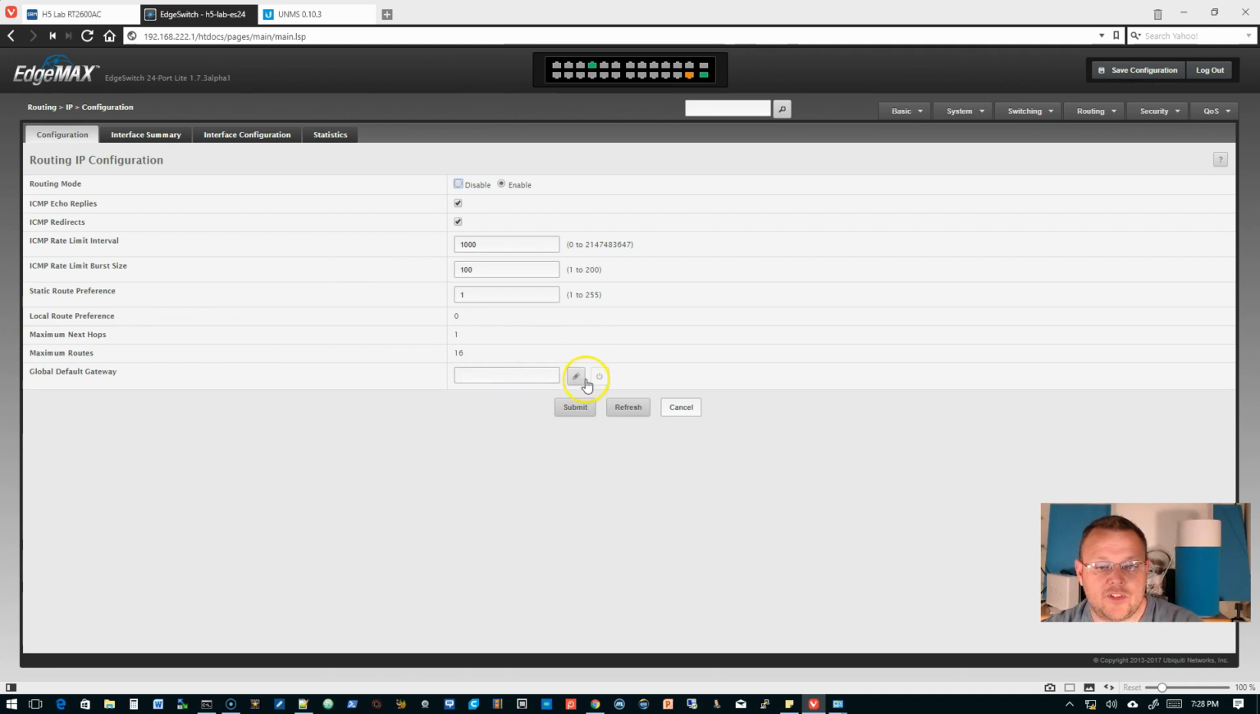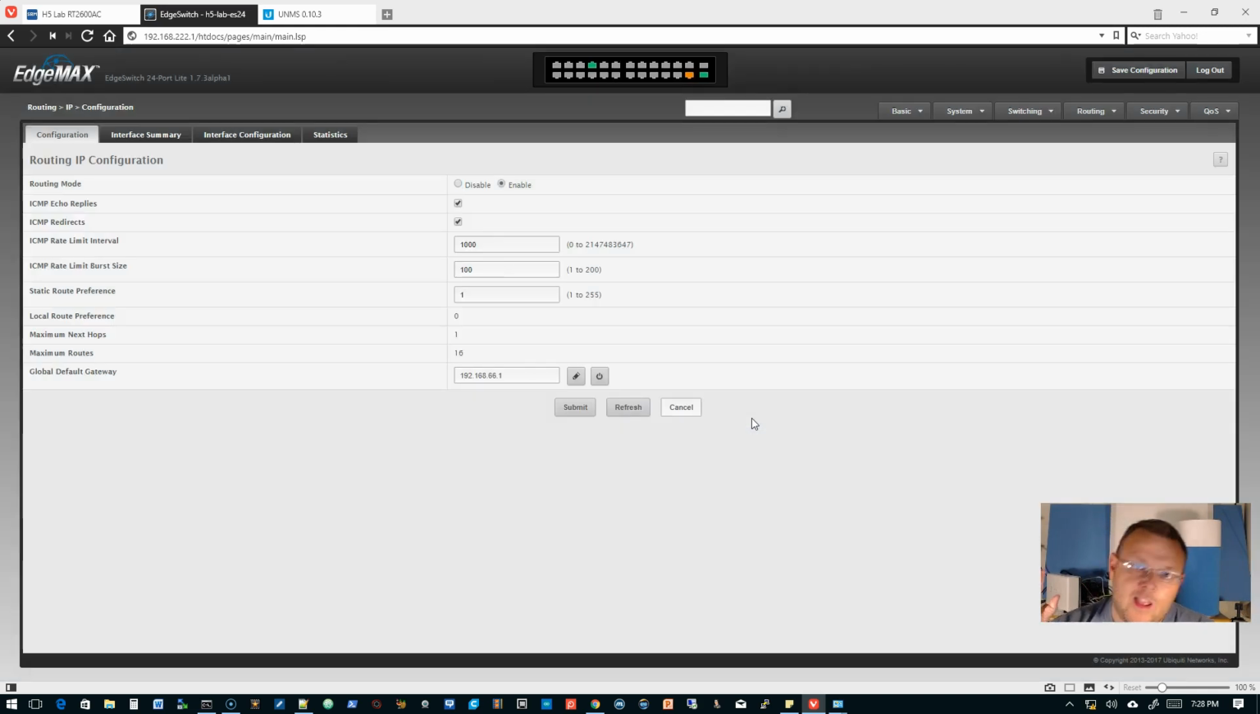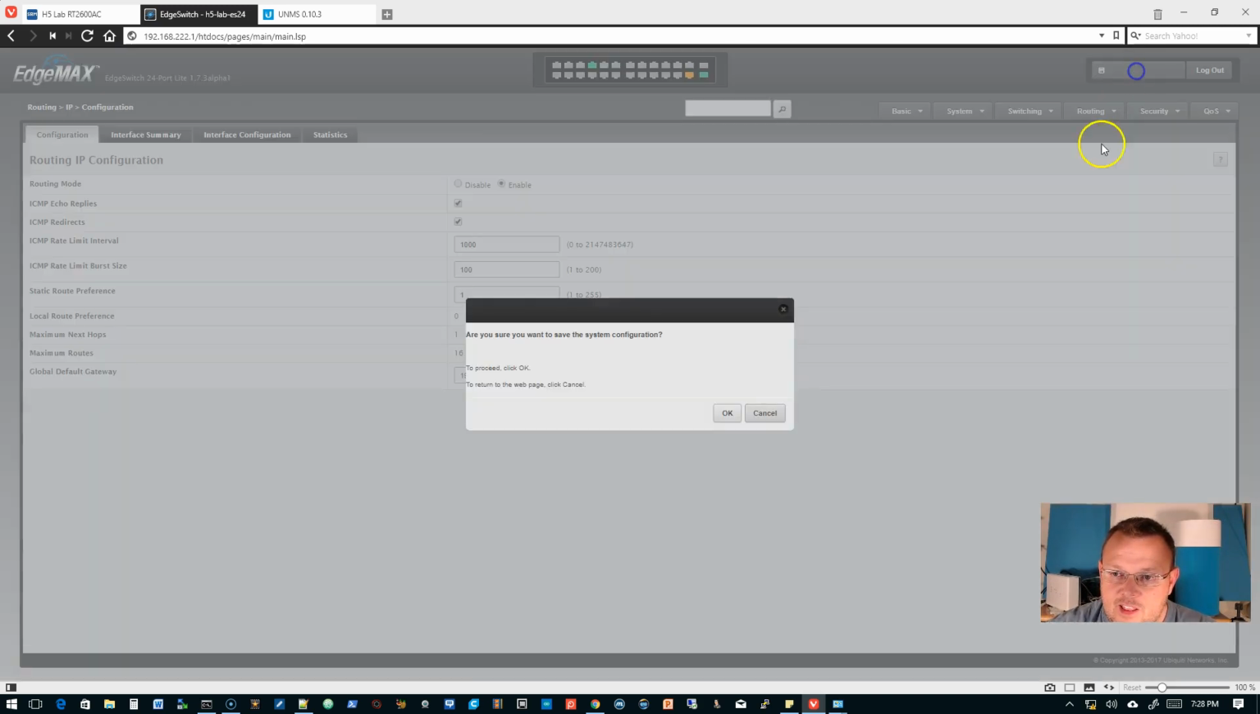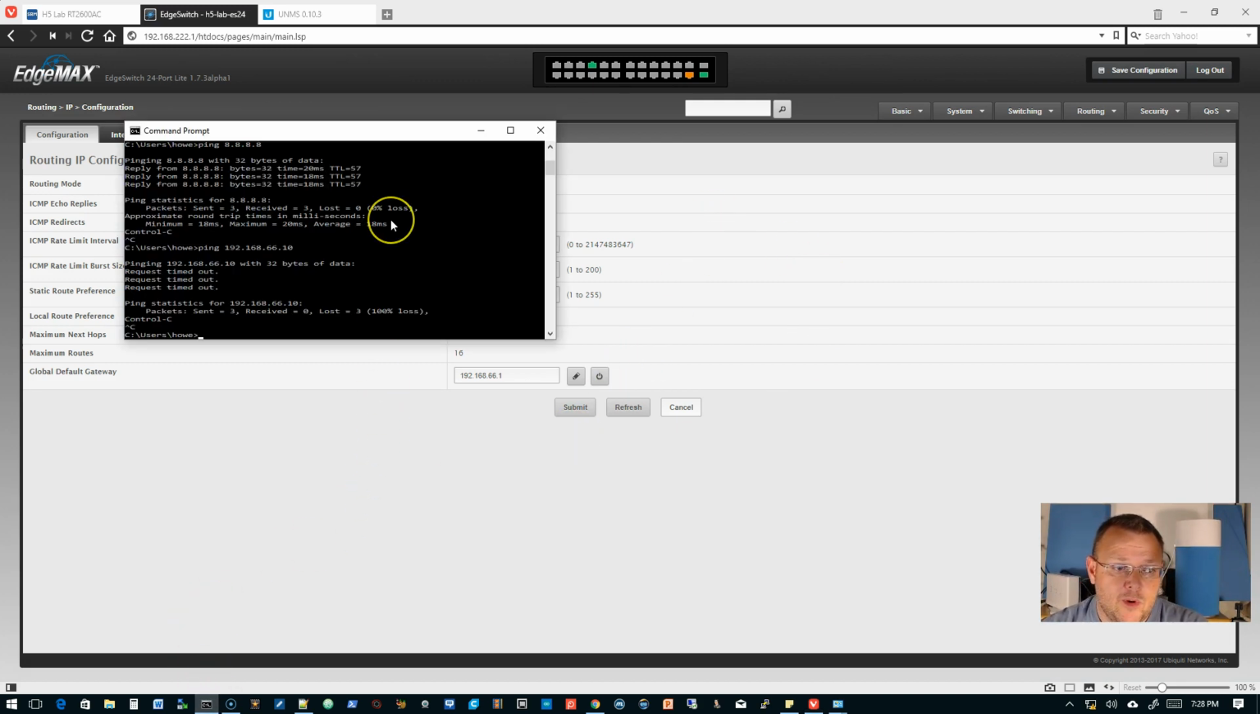Then the other thing we're going to do is come back in here. Configuration. Now we're going to put this global default gateway. So anything that we don't know where the traffic goes, where do we want to send it? Well, we want to send it to 192.168.66.1. That's our gateway out, because anything that's on this switch, we are going to be doing the inter-VLAN routing for that. So now, in theory, if we bring this up,